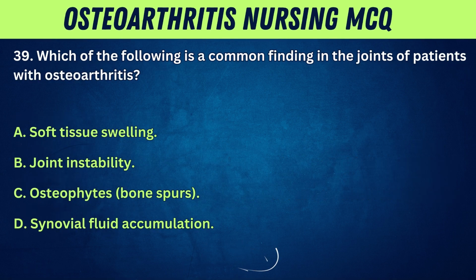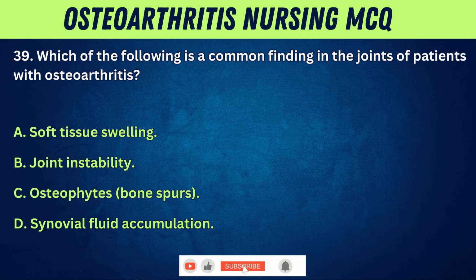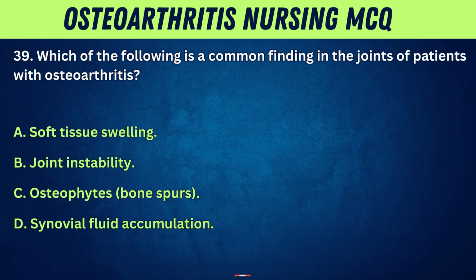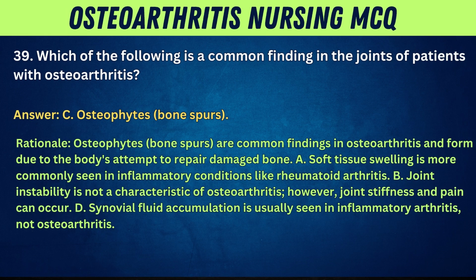39. Which of the following is a common finding in the joints of patients with osteoarthritis? A. Soft tissue swelling. B. Joint instability. C. Osteophytes, bone spurs. D. Synovial fluid accumulation. Answer: C. Osteophytes, bone spurs. Rationale: osteophytes, bone spurs, are common findings in osteoarthritis and form due to the body's attempt to